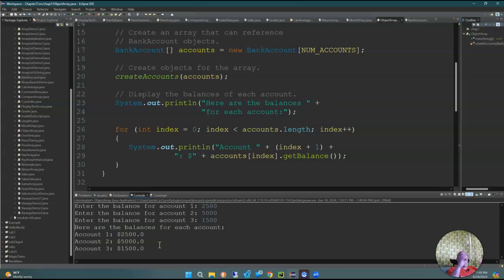So we can create an array of pretty much anything we want. We can create an array of primitive data types. We can create them from strings, or we can create them from objects that we created. So class objects that we create, we can basically create an array of those things as well. On page 447,